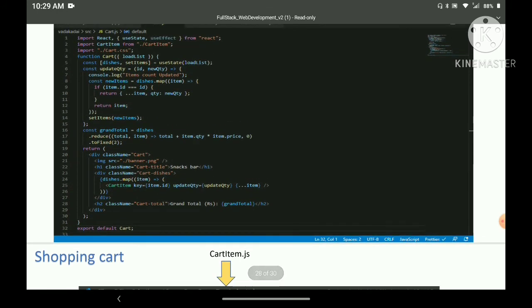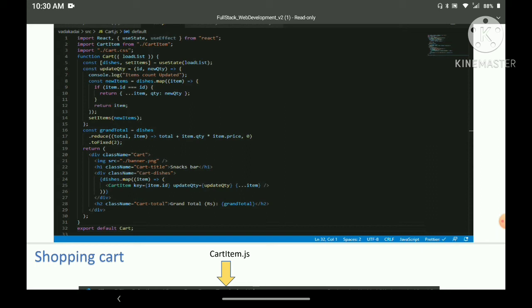If you see in line number 25, we are passing the appropriate values. But instead of passing the entire list, what I am going to do is, because that list has three items, vada, bhaji, bonda, I need to call the cart items three times. So I need to iterate through these items. I need to loop through the items. If you see in line number 24, dishes.map is there. So dishes contains the entire list of items, meaning all the items we passed from the app.js.